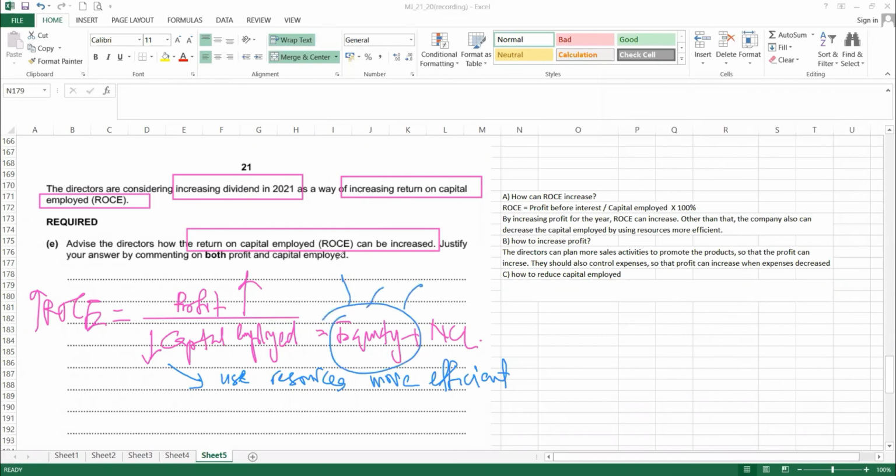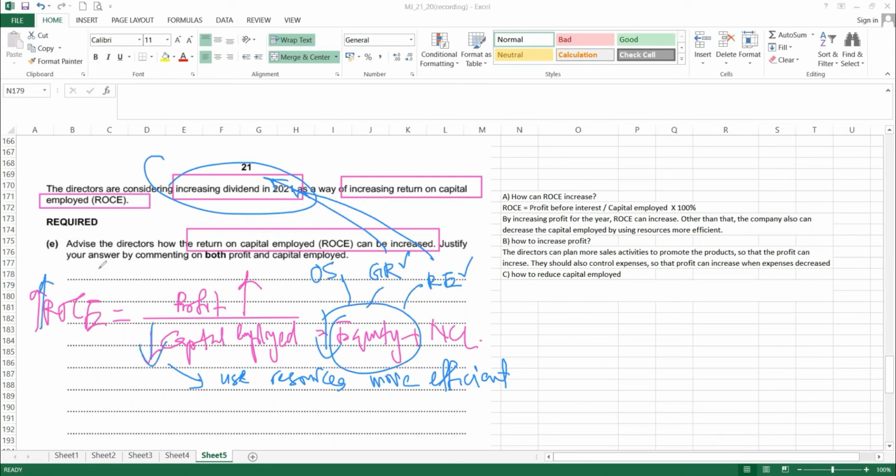Equity has three in this question: ordinary share, general reserve, retained earning. So if we want to increase the dividend, one of the ways is we can use this one and this one to pay the dividend. Use this to pay the dividend, then we can reduce this equity,